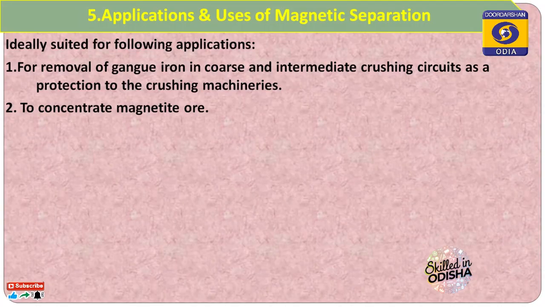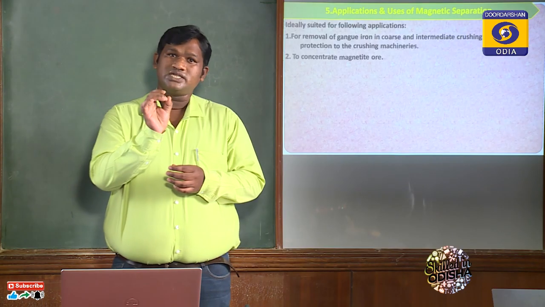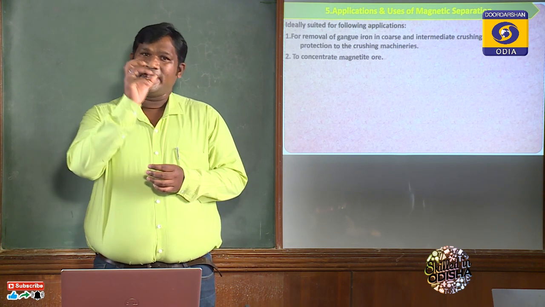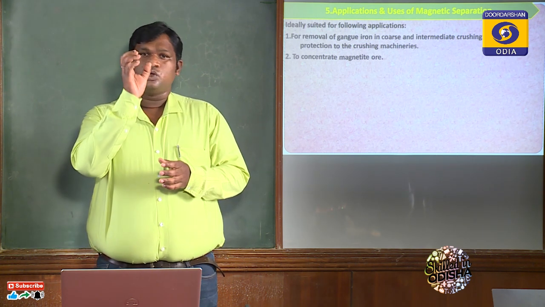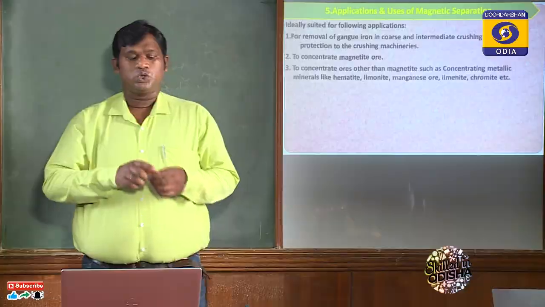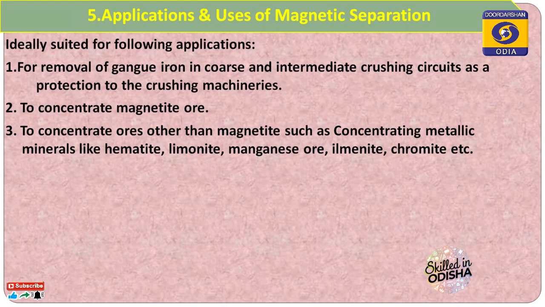Second, to concentrate magnetic ore. First, what is a concentrate? A concentrate is the powdery form of the wanted mineral, the magnetic mineral. So here we concentrate the magnetic ore. Then third is to concentrate ore other than magnetite, such as metallic minerals like hematite, limonite, manganese ore, ilmenite, chromite, etc. So we can also apply it to concentrate ore other than magnetite,